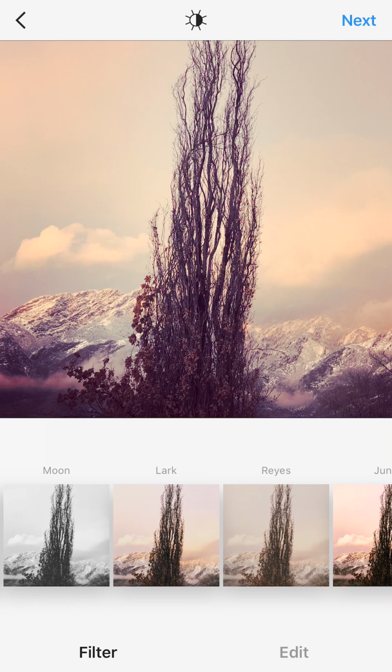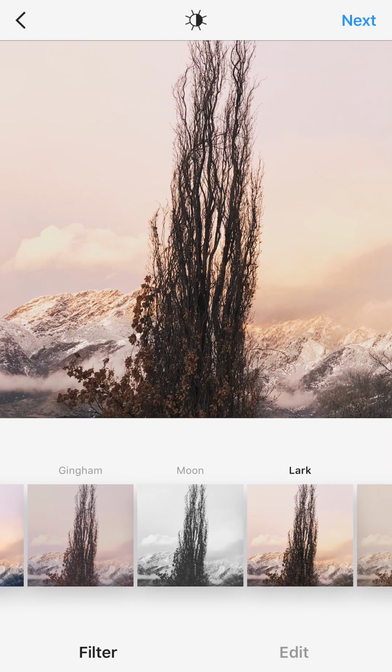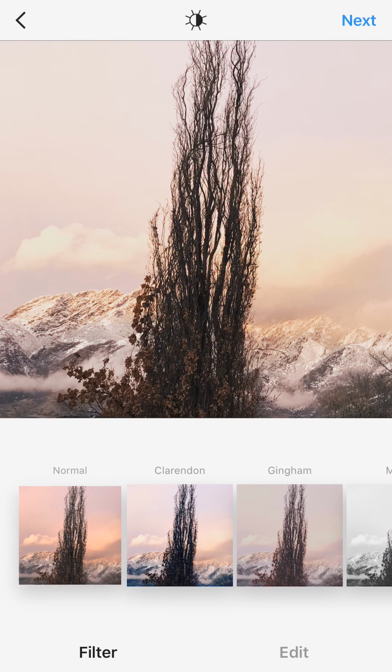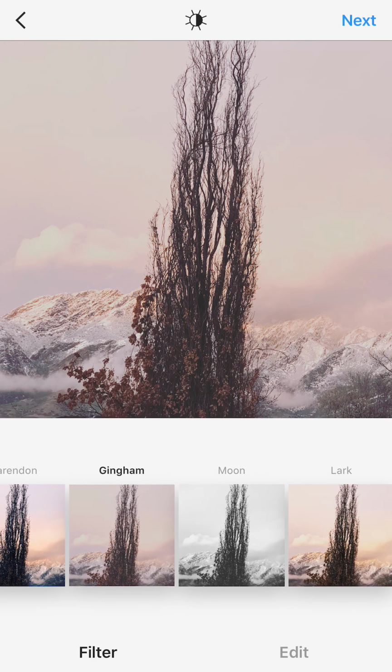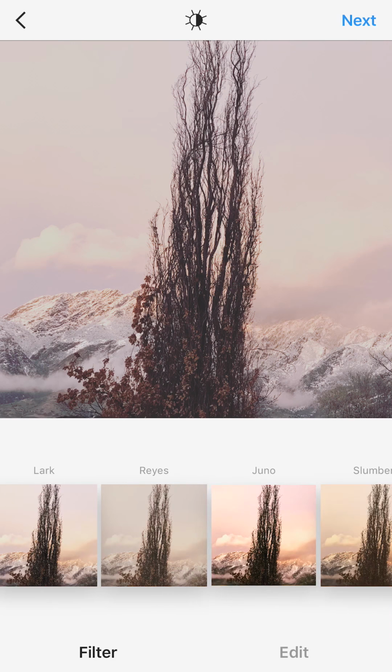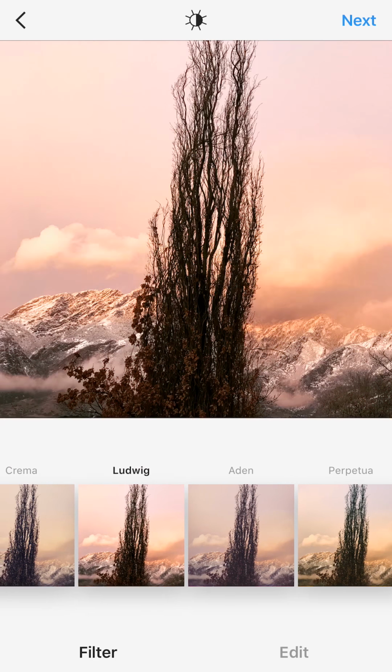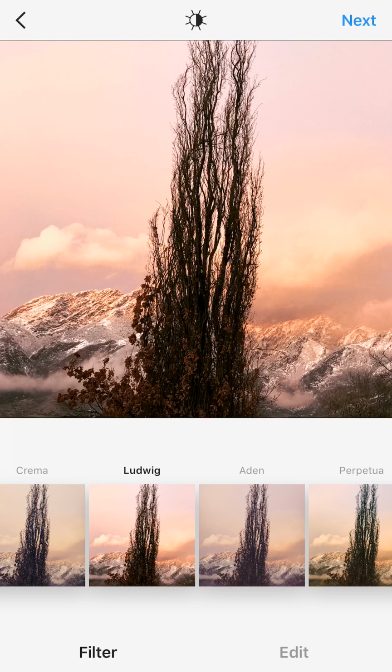Because Instagram is typically viewed on a phone, it's nice to go through and give it a little extra bump in color or saturation, or even desaturate. In this case, it looks kind of cool. But yeah, you play around with it, pick one you want, and I'm going to go with something like this, the Ludwig. Anyways, if you like the way it looks, you can just leave it and go to the next, hit next